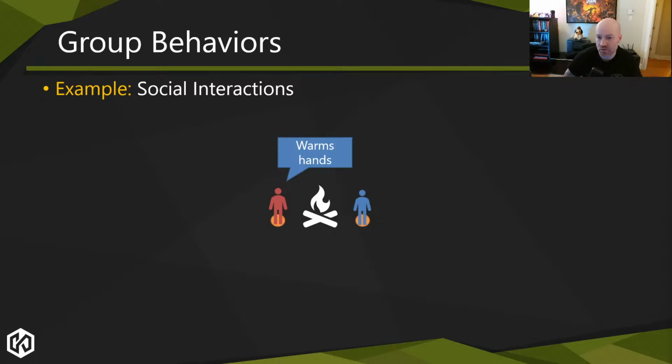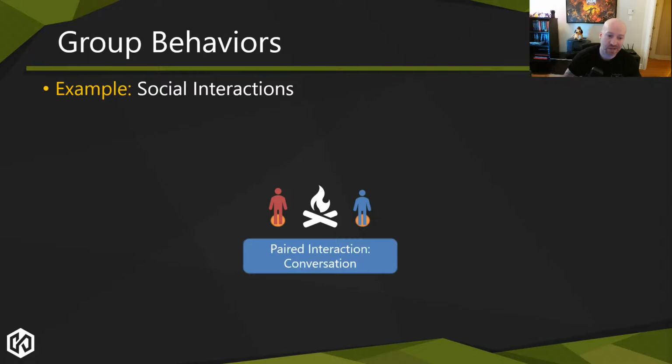Once the second agent joins, the smart object itself, as part of its smartness, can basically say, well, I have 2 users now, so I can switch the behaviors of both. And instead of one of them warming the hands and the other standing idle, I can trigger a synchronized animation on both with some dialogues and a conversation playing. And internally in the smart object, you can manage what lines were said, what happens if there's an interruption, you go resume it, whatever happens.